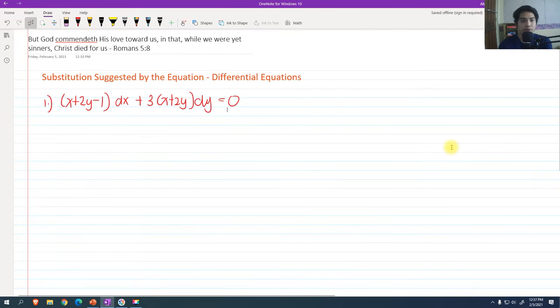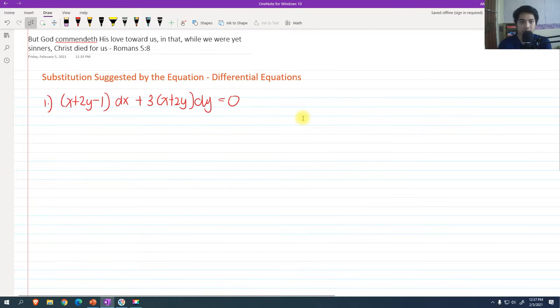Hi, so for today we're going to talk about substitution suggested by the equation of the differential equation. This topic falls under the substitution method of solving first order differential equations. When we are trying to solve a differential equation that is